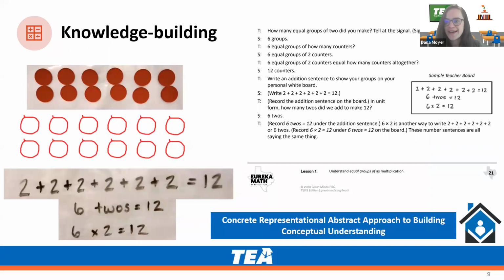The second curriculum pillar that Eureka Math TEKS Edition is built on is knowledge building. Students build knowledge in mathematics through the CRA approach, progressing from concrete, like the little discs you can see on the page, progressing to representational or drawings of those concrete manipulatives, to abstract. And you can see here an excerpt from a Eureka Math lesson in which students and their teacher are having a discussion about concrete, representational, and abstract representations building towards multiplication. So you can see how the program builds and helps students build knowledge in a way that matches how we know students learn